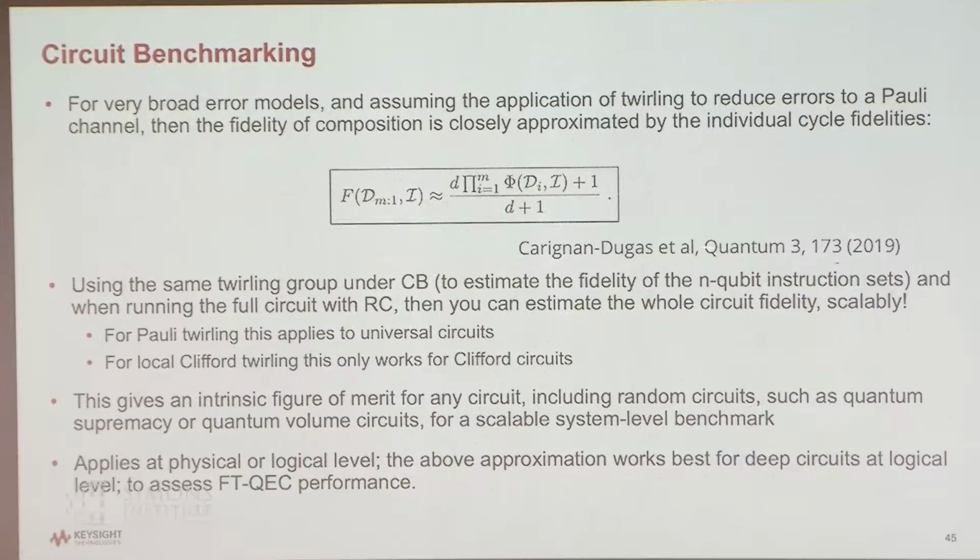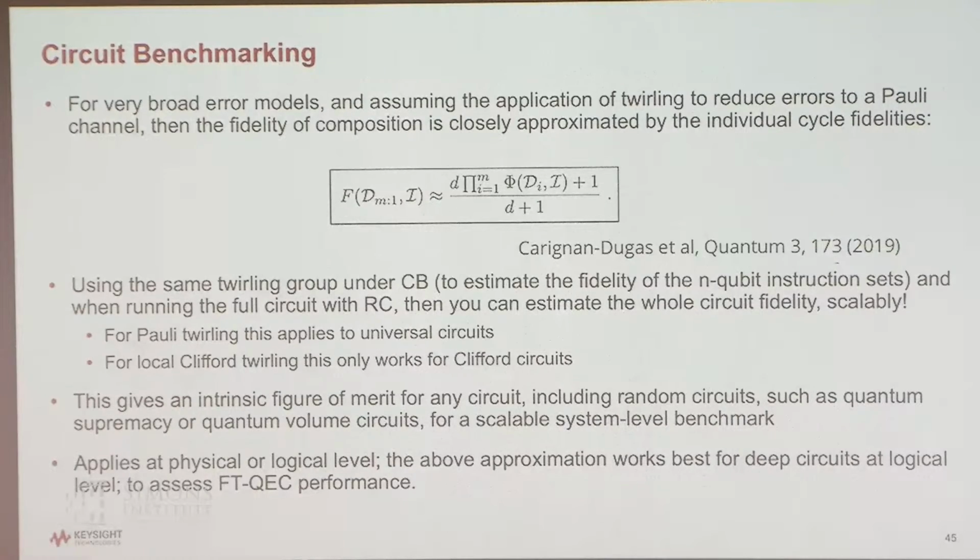But the idea, and this is a result from my paper with Arnaud several years ago, is that if you look at the fidelity, Arnaud likes the notation capital Phi for fidelity. So if you look at the process fidelity of an individual parallel instruction set, and then you want to talk about the process fidelity of some circuit implementing those instruction sets,